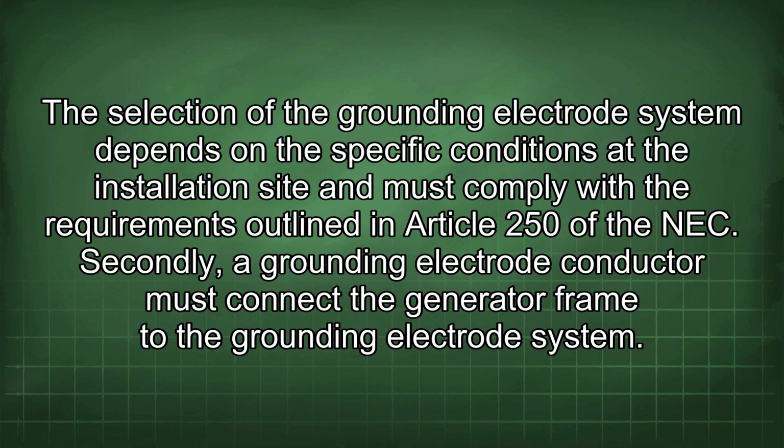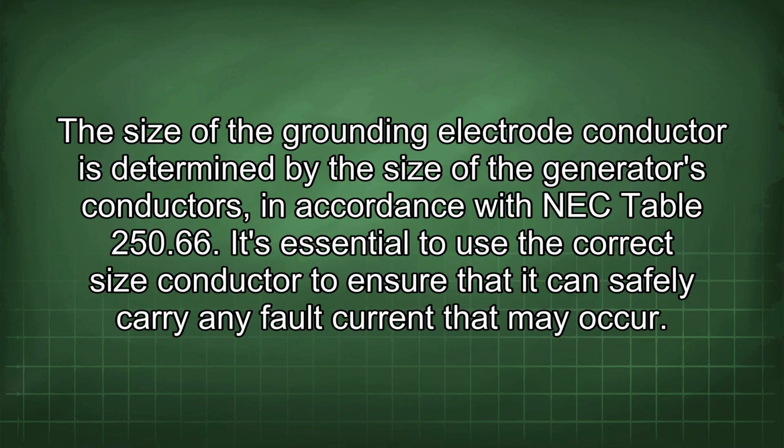Secondly, a grounding electrode conductor must connect the generator frame to the grounding electrode system. The size of the grounding electrode conductor is determined by the size of the generator's conductors in accordance with NEC Table 250.66. It's essential to use the correct size conductor to ensure that it can safely carry any fault current that